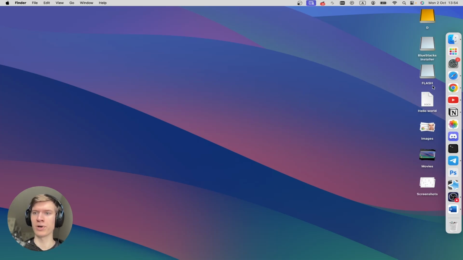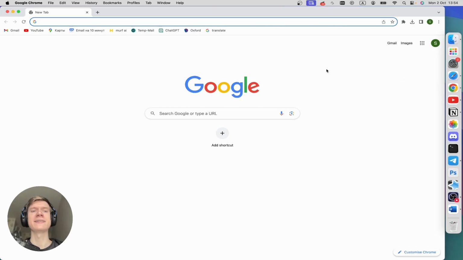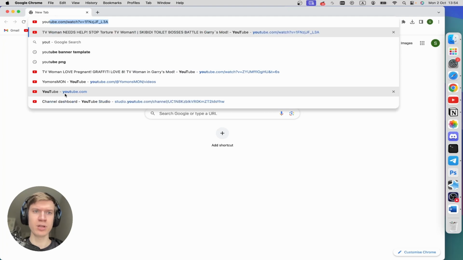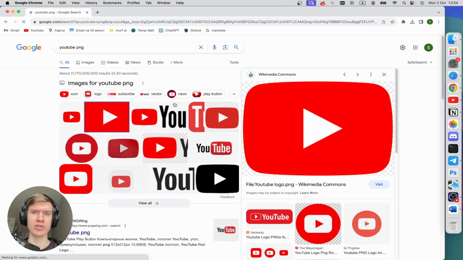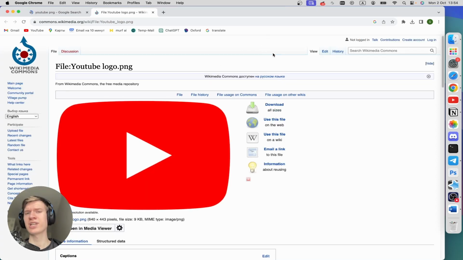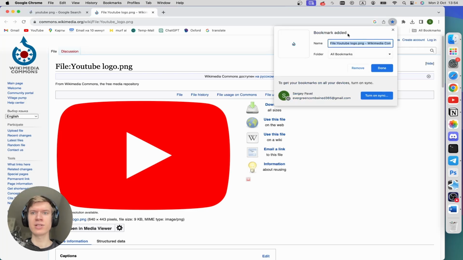First of all, open up your Google Chrome right here, and then in the search bar find websites that you want. For example, YouTube PNG, and then click on this image. Go to this website, for example, and then you can click on the star at the top right corner, and as you can see, bookmark added, and you can change the name to whatever you want, for example, YouTube logo, and you